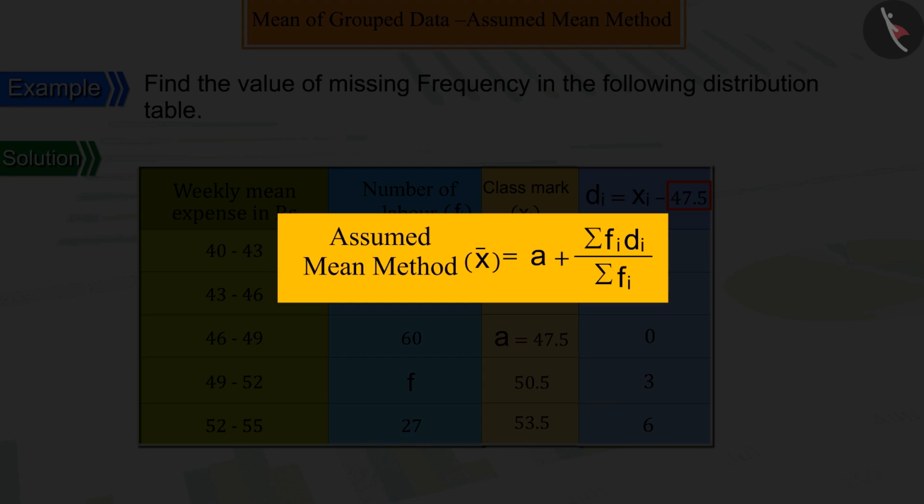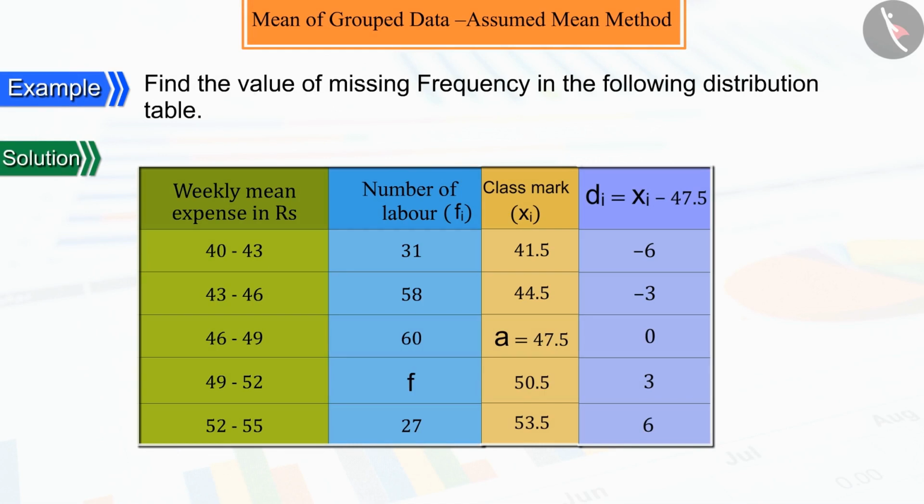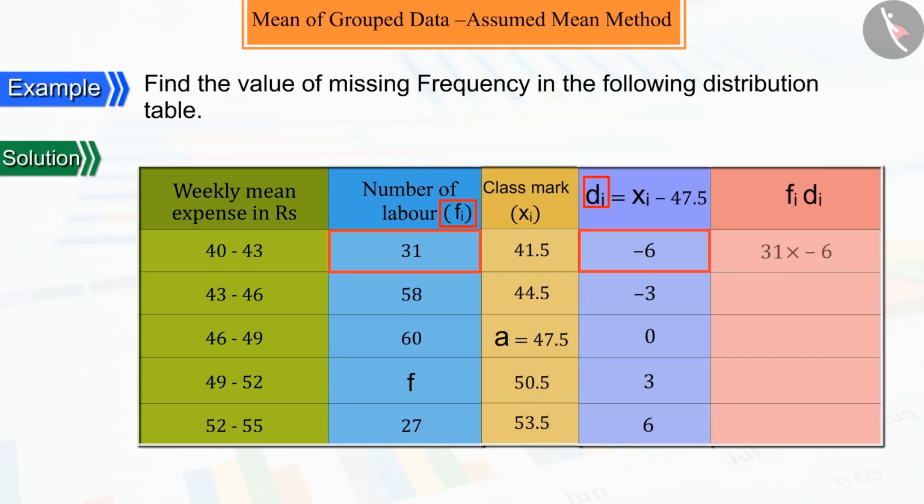From the assumed mean method, we can see here that we need the sum of the products of fi di and the sum of frequencies fi. So we multiply each di by its corresponding frequency fi